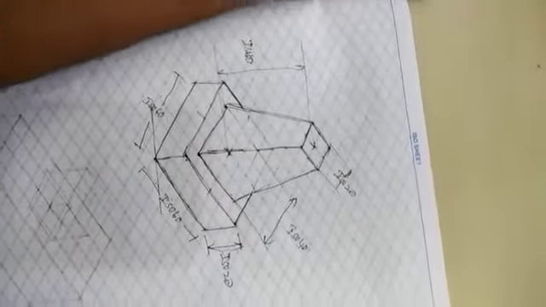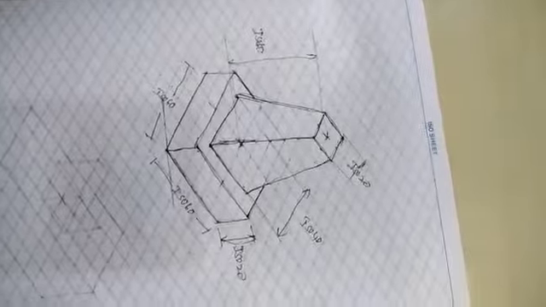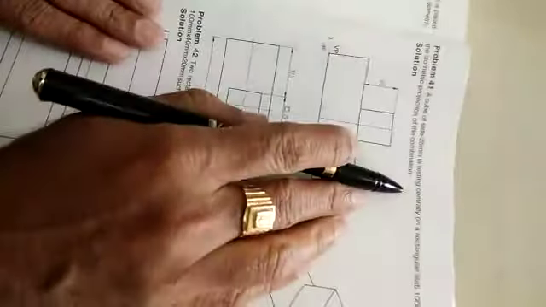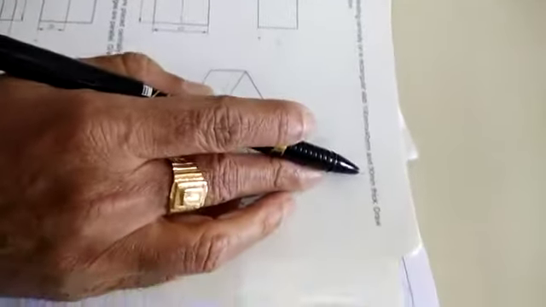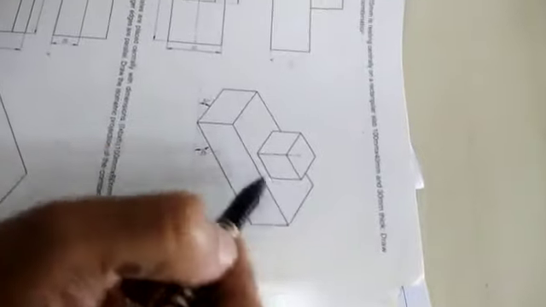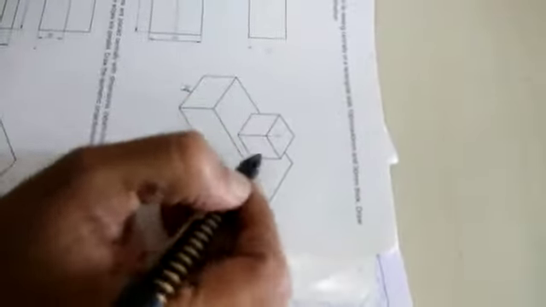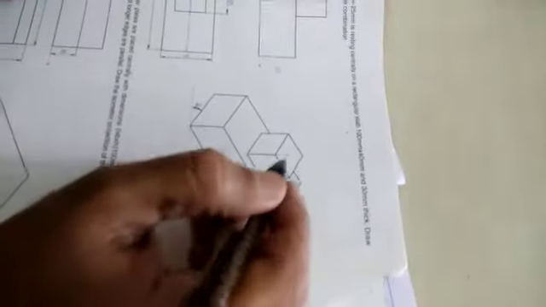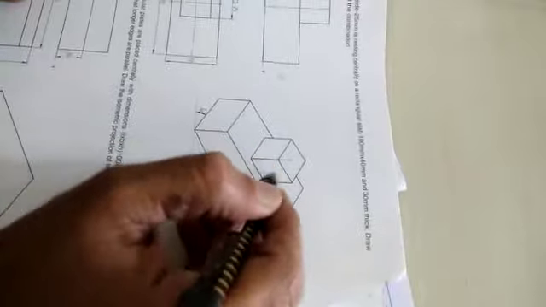This will be similar to this one here. A cube of 25 mm side resting centrally on a rectangular slab of 100 by 40 by 30. So length is 100, breadth is 40, height is 30. That is the bottom block. Over this the cube is placed. Cube, you know, length, breadth and height, in the morning class we told you that all the length, breadth, height is 25. This is to be placed exactly at the center.